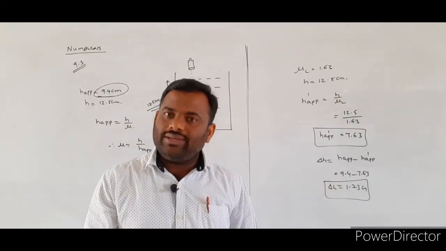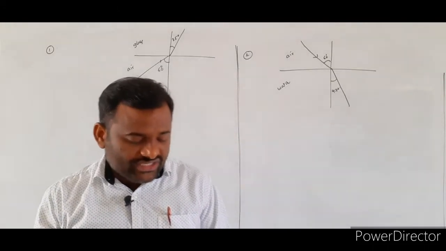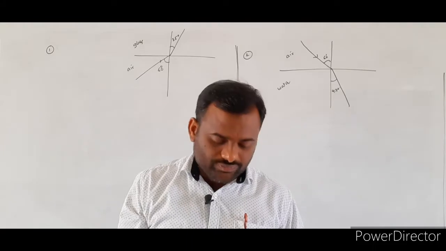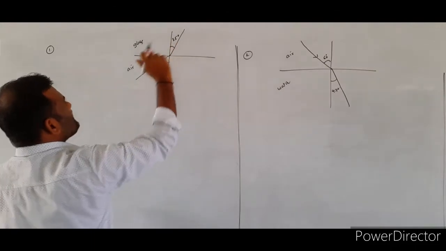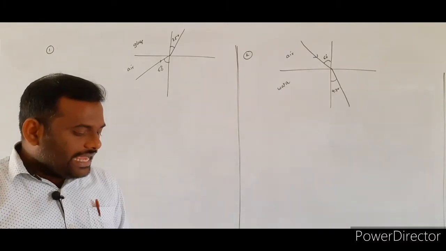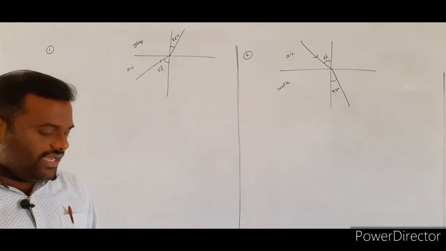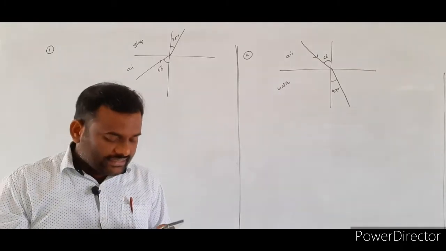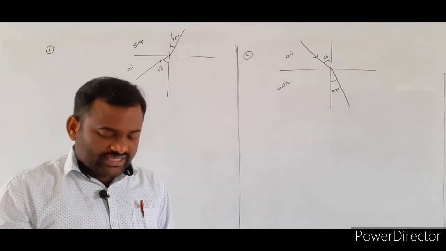So this is about numerical 9.3. Now the given numerical 9.4. In this numerical, they consider three different cases. First, the air-glass medium. Second, the air-water medium. Third, the water-glass medium. Coming to the first diagram, they are saying that the light is traveling from the air medium to the glass medium. They are asking to predict the angle of refraction in the glass when the angle of incidence in the water is 45 degrees with the normal to the water-glass interface. So in the third case they are asking for the angle of refraction in the glass medium.